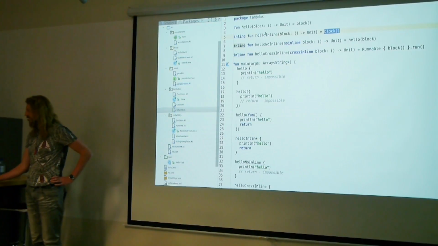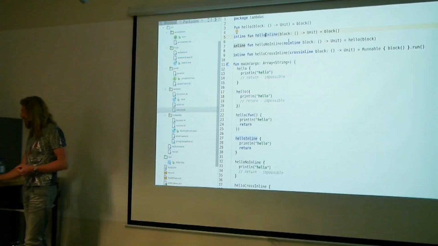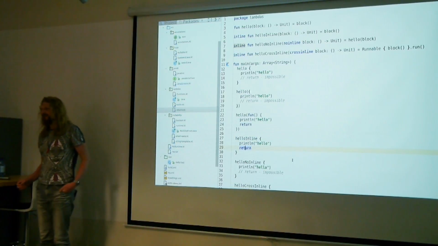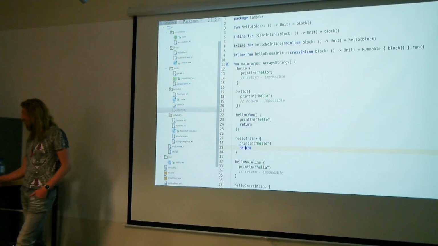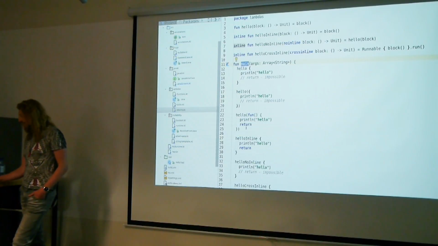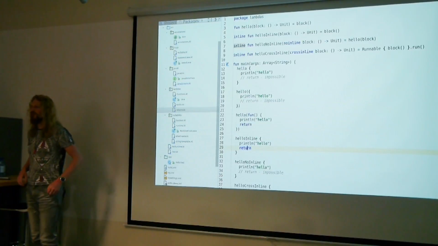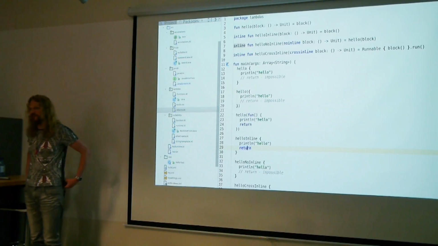So the hello inline function will not exist at runtime. And that's why from an inline function you can return. It will actually not return from the inline function, it will return from main. Because if you write return, then maybe in some more complex code you would like to just return from the outer function that uses this lambda.